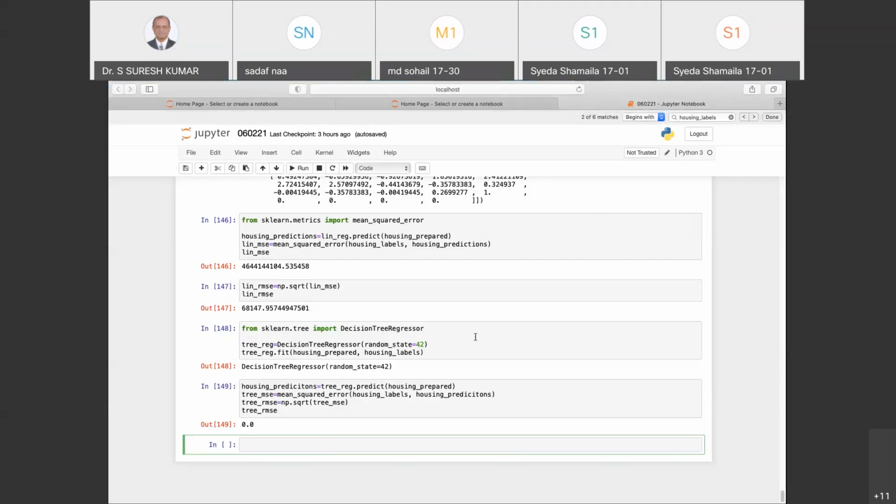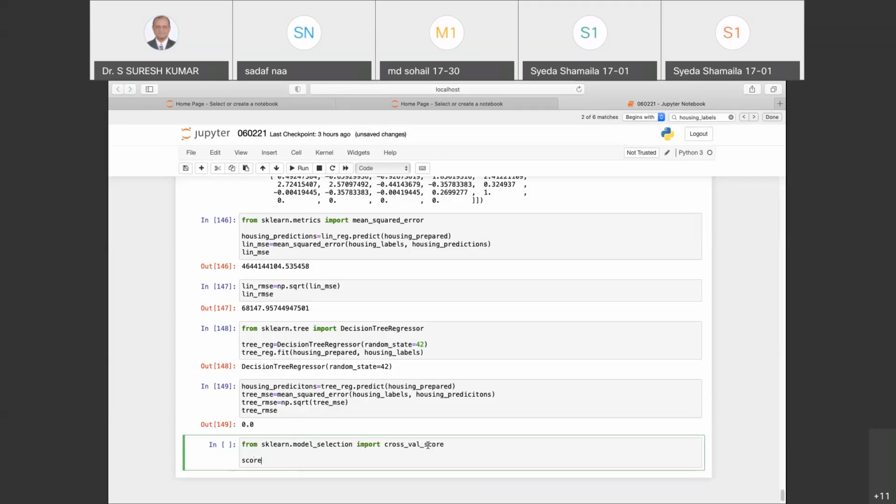So what we will do, we will fine tune a model, importing this cross validation score, for which I'll say from sklearn.model_selection, I will import cross_val_score. And I define another variable called scores, which will be my cross_val_score of my decision tree.